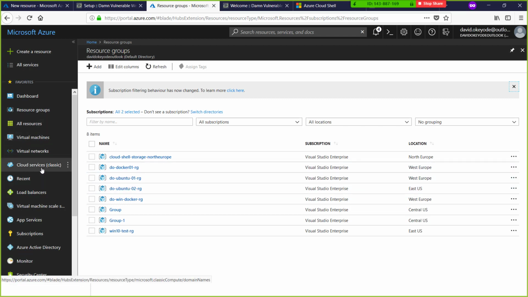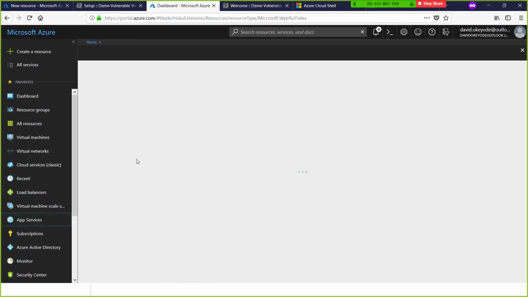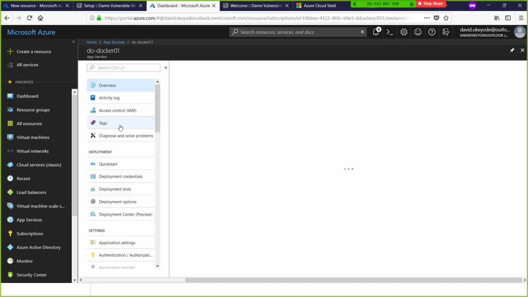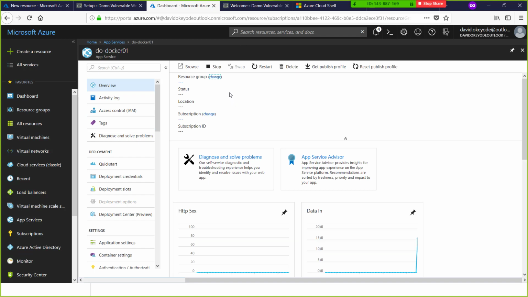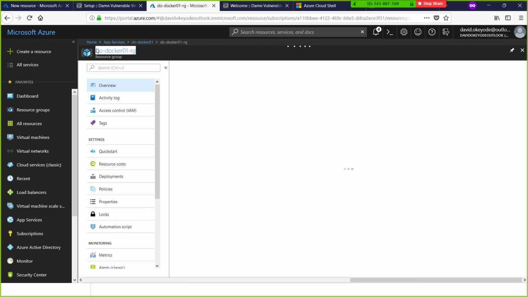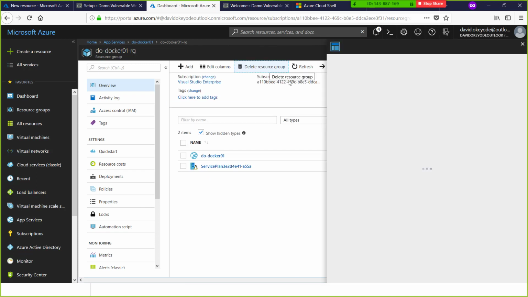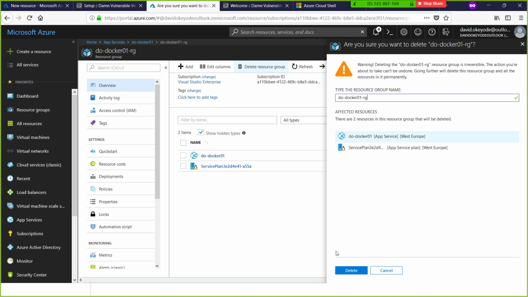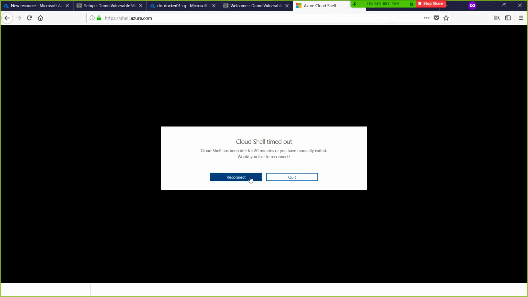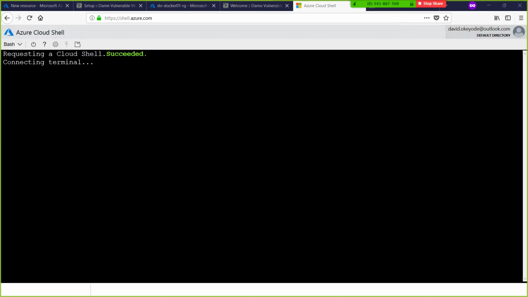Oh, by the way, let's go back to app services. Let's go check the resource group that I created this in. So what's my resource group? Here we go, docker 01. Let's go to the resource group and let's destroy this. Okay, so while that's destroying, back to the Azure Cloud Shell, I'll reconnect to that and I'll create my Kubernetes